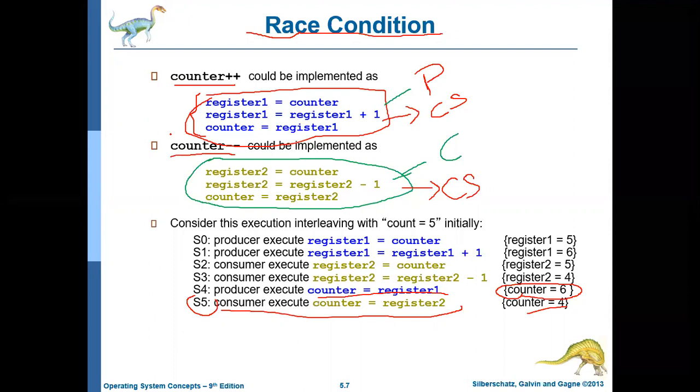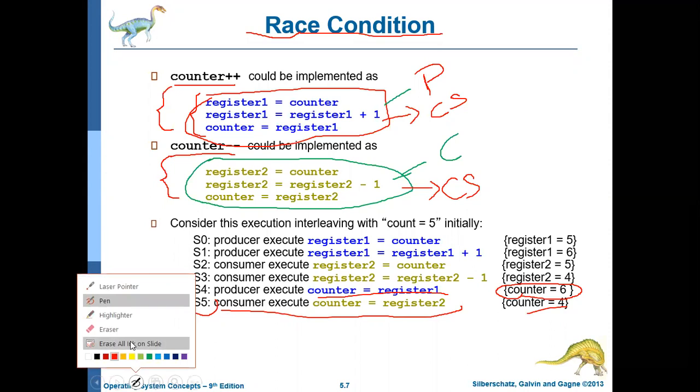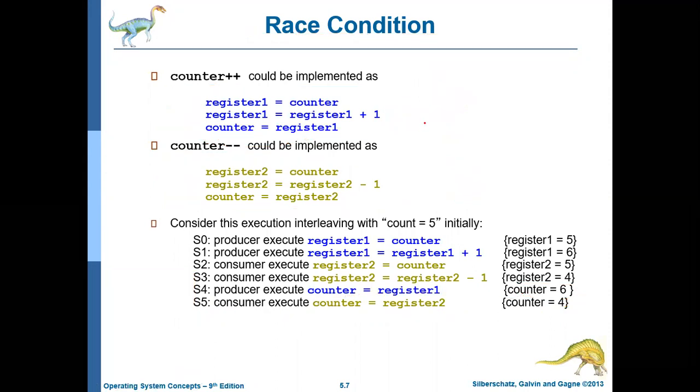If one process is executing its critical section, then the other process should not be allowed to execute its critical section, to ensure consistency. That is what we are going to discuss next. If process P1 is executing its critical section, then no other process should execute its critical section. By ensuring this condition, data consistency can be maintained. So first we'll be discussing the critical section.